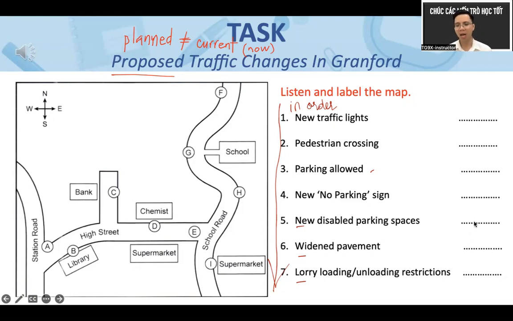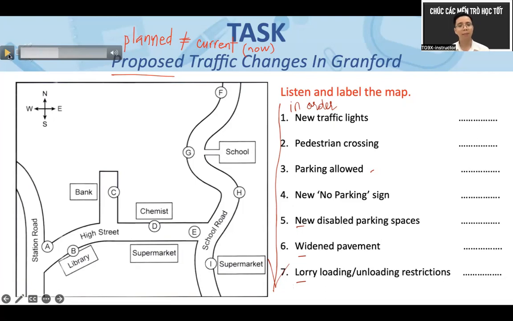Ở đâu quý vị? Số 4 là ở đâu ạ? Số 4 là ở đâu mới được? Just by the entrance to the school là câu G, đúng rồi. Tiếp theo câu số 5, new disabled parking spaces. Nơi đổ cho xe lăn mới. This should improve visibility for drivers and pedestrians. Rồi cái đó là lý do thôi, chúng ta bỏ qua quý vị về nghe tiếp nếu cần.